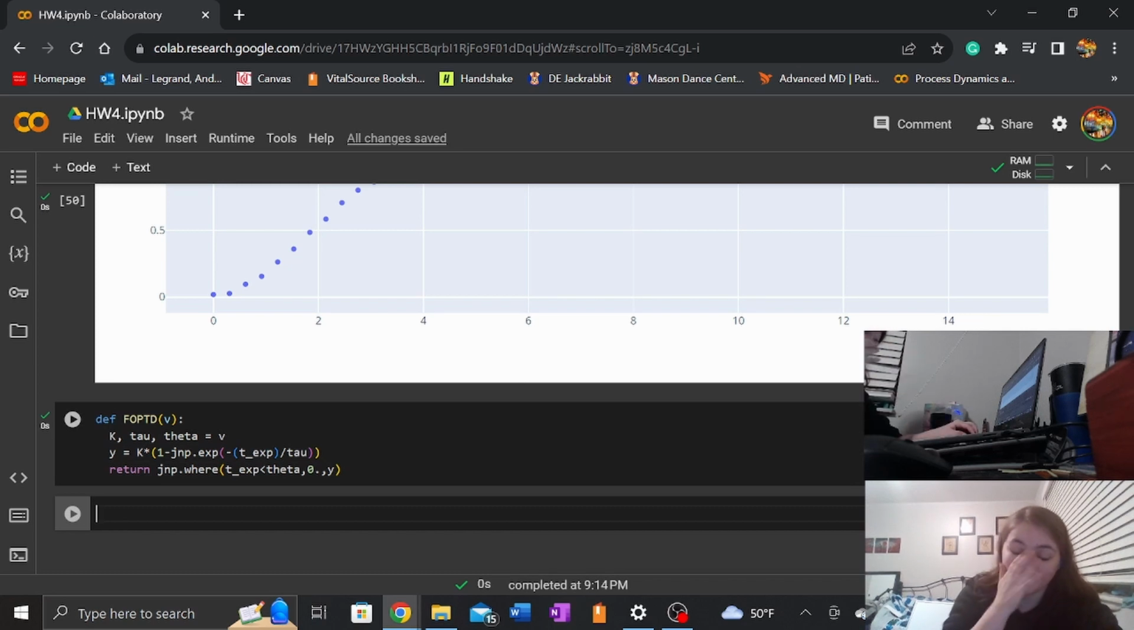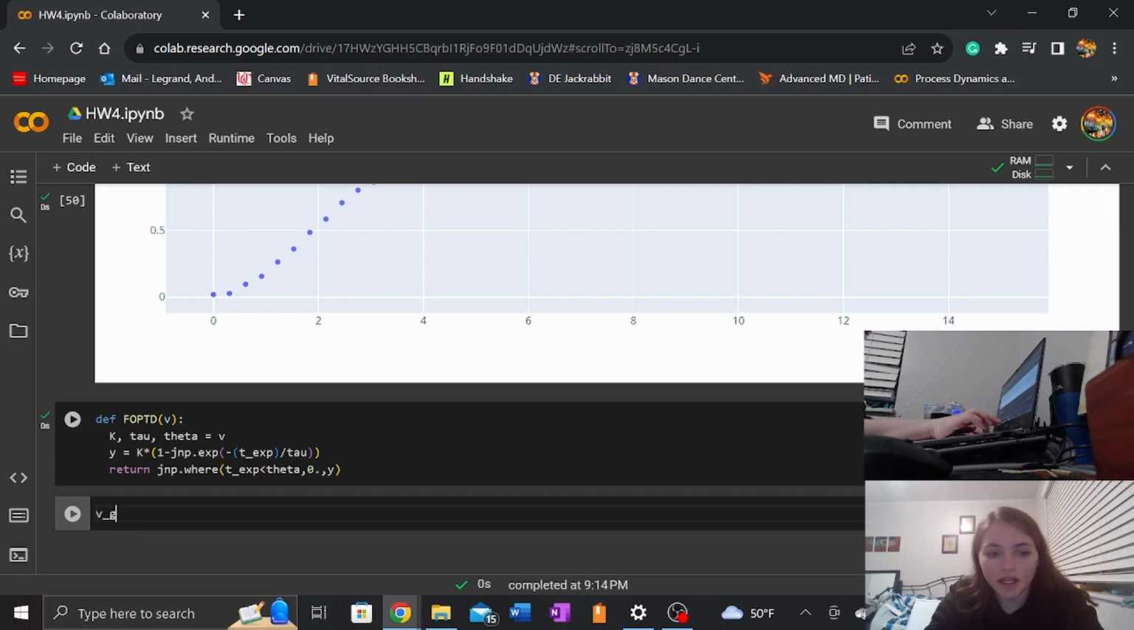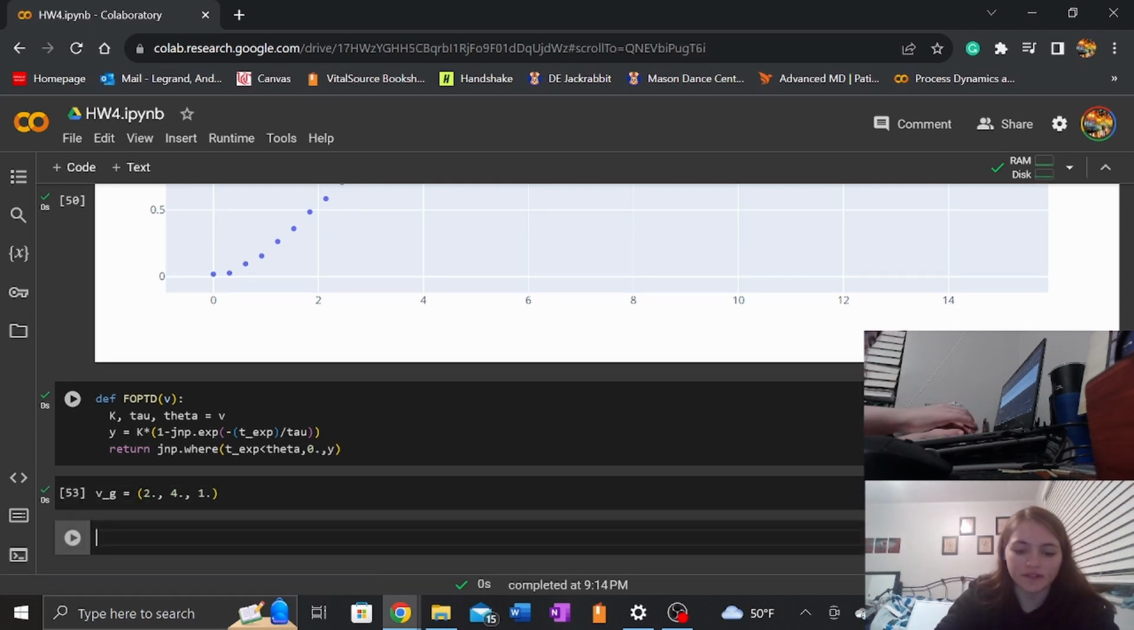Cool. All right, and so now we are also going to define our guess values for v. So what we're going to do is put in our v underscore g for our guess, and let's put in 2, 4, and 1. All right, and now we're going to define another function, which is SSE, and that's going